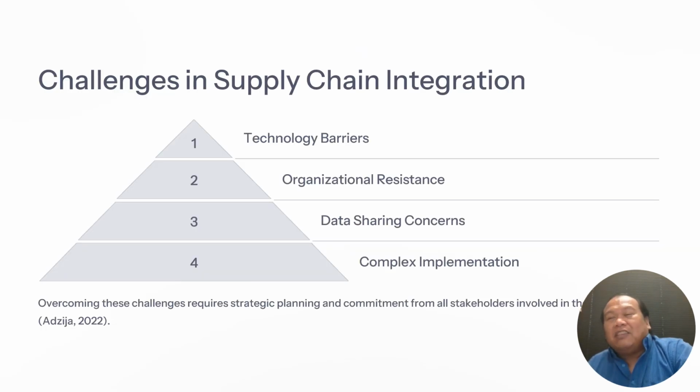What about the challenges? Well, there are different challenges in supply chain. Number one, technology barriers. We all know that the technology is good, but there are also limits to technologies, and there are situations wherein technologies would make it worse for us. Like, for example, what if there's a power outage, or what if the system, this is very common. If you go to logistics companies, sometimes their system gets corrupted by a virus.